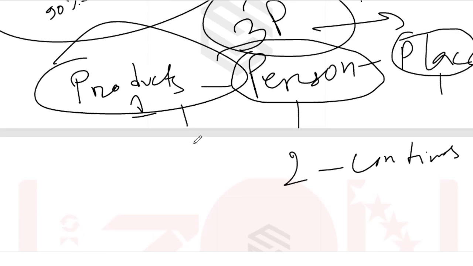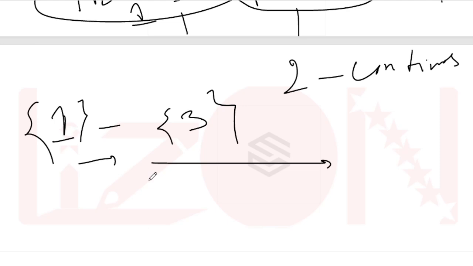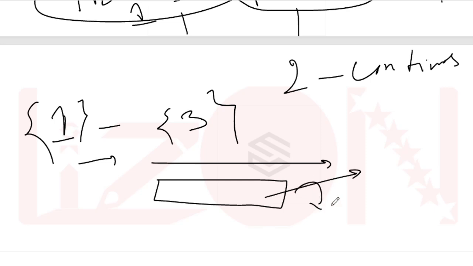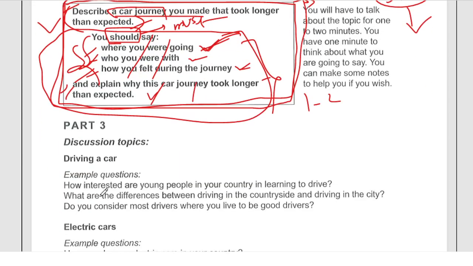Because in part 1 or part 3, the teacher actually has a lot of things to do. When they ask you a question and you answer, the teacher also needs to think about what to ask next. Just visualize it: the teacher asks a question, you are answering, the teacher is listening, and then the teacher also needs to think about the next question. The same thing happens in part 3.